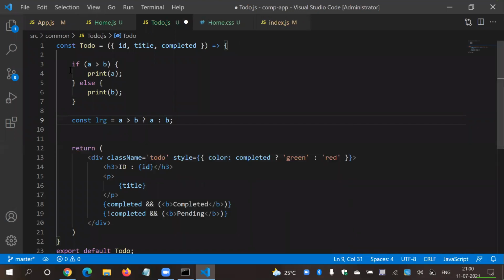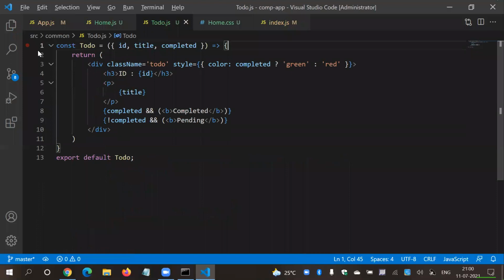So instead of writing this much chunk, I'm going to simply wrap it over here. So before question mark, there will be a condition. After question mark, before colon, this is the true part, otherwise it is false part. Same thing. Here, if completed is true, then it will show green, otherwise it will show red. So color is either green or red.